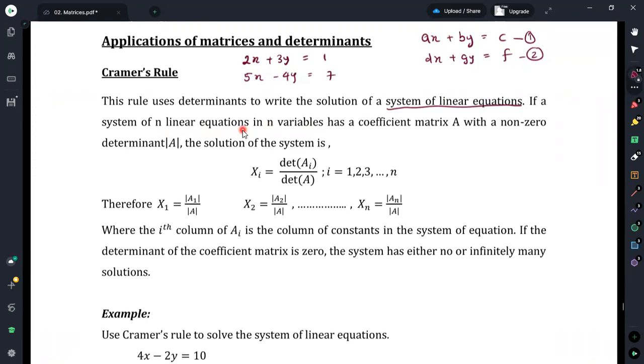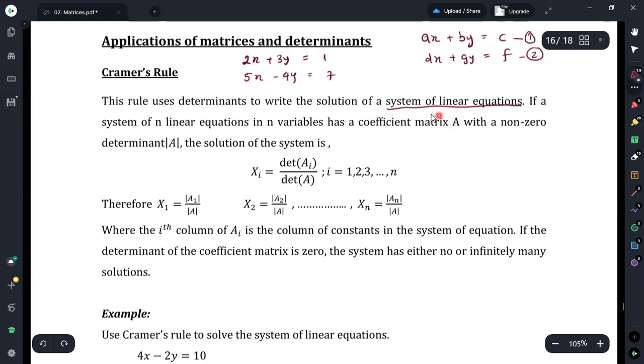If you try to solve a system like this directly, it will not be that easy. Therefore, the easiest way is converting this into a matrix and using Cramer's rule to obtain the solutions for the system of linear equations. If you have n linear equations to obtain the values for n variables, we can convert it into matrix form, and then we get a matrix including the coefficients.